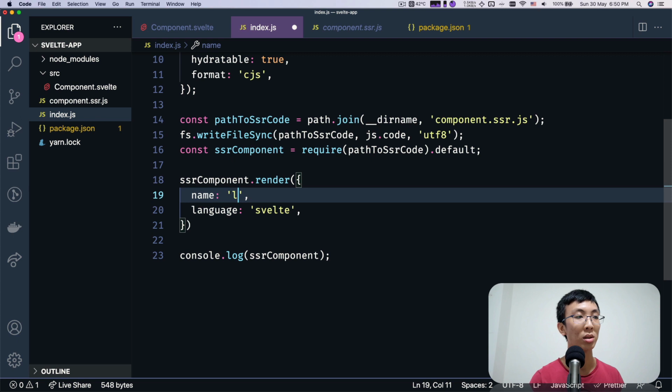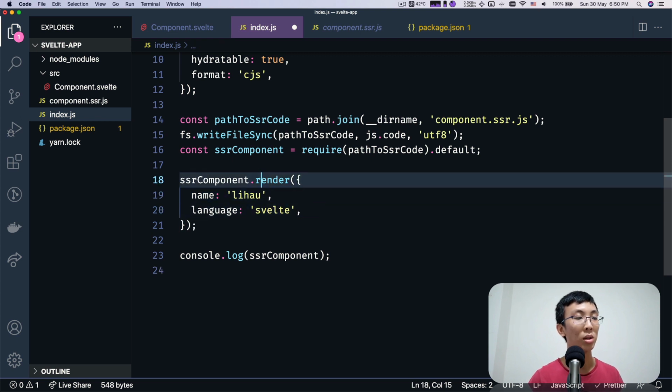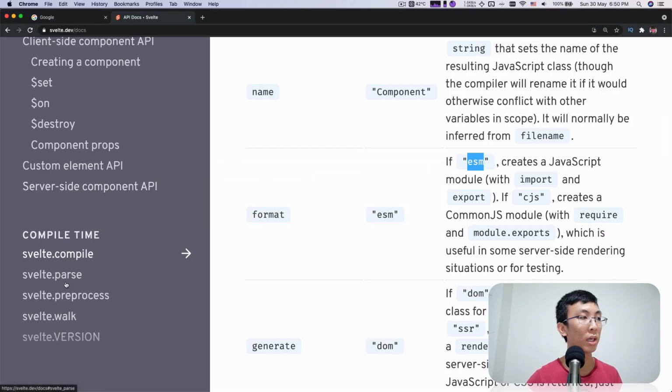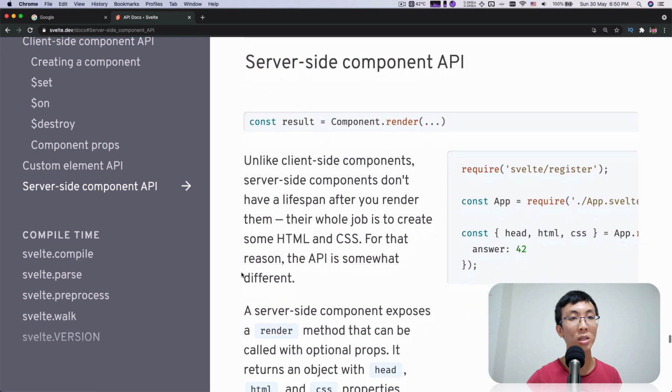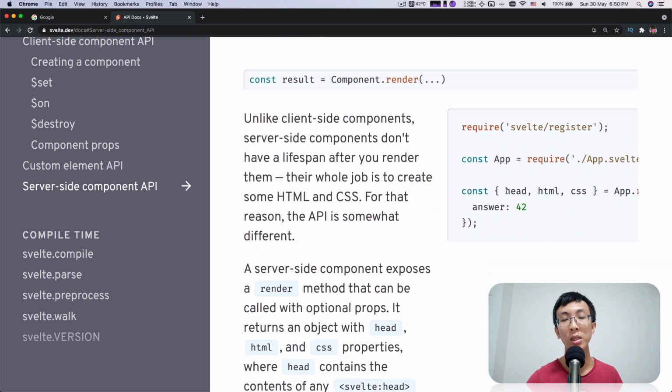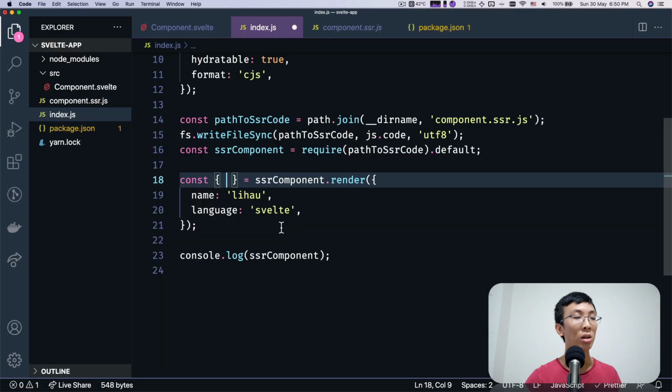Okay, maybe name is Lihao. So I'm gonna call render, and this will return us some contents. If you take a look at the server-side component API, this is the result. It will return us the head, the HTML, and the CSS.